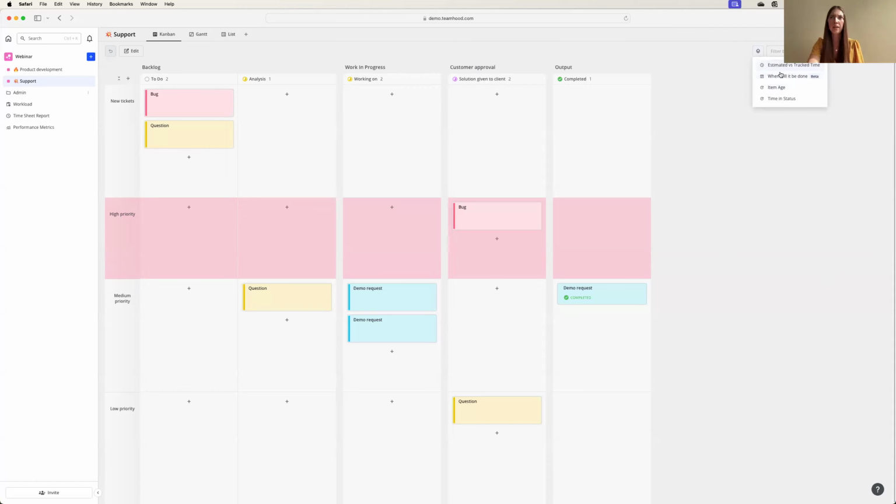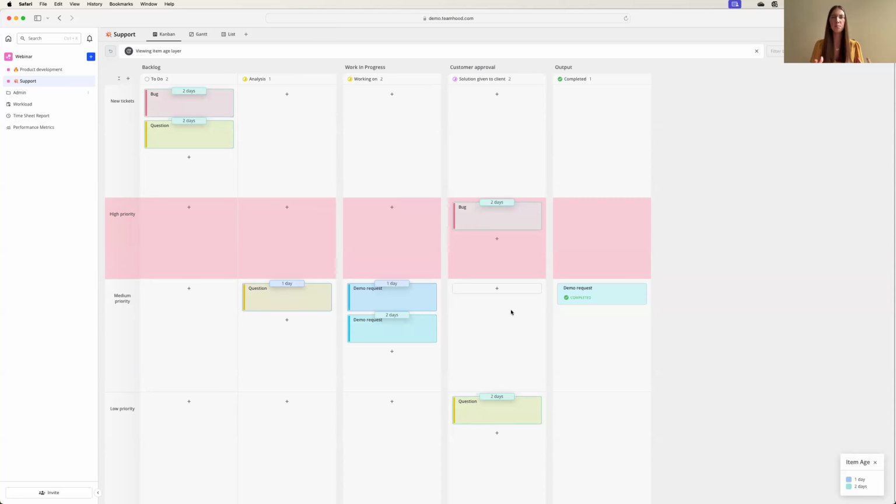We did have 3 layers available earlier on as well. So estimated versus tracked time, and when will it be done, a prediction if you want to just see when the system will plan your tasks to be done based on your previous experience and patterns that it collects throughout the time. And also item age. The item age layer allows you to see and prioritize your cards, your support tickets, not only by the priority that you have in your rows or by the type of the ticket, but also how long it's been sitting